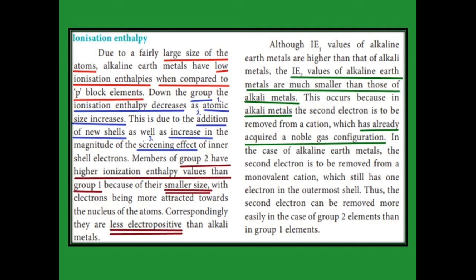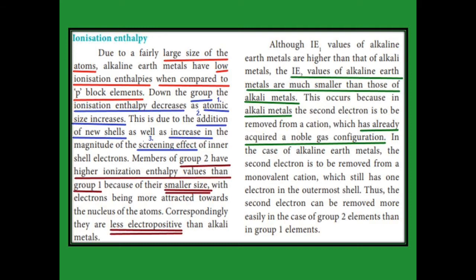This is because when the first ionization energy is given, the alkali metal loses its last electron and attains the noble gas configuration, so it is in a stable state. During the first ionization enthalpy, the alkali metals attain the stable state. But in alkaline earth metals, the first ionization energy removes only one electron from the last s orbital, and we still have one more electron in the s orbital. If you remove that electron, it attains the noble electronic configuration.